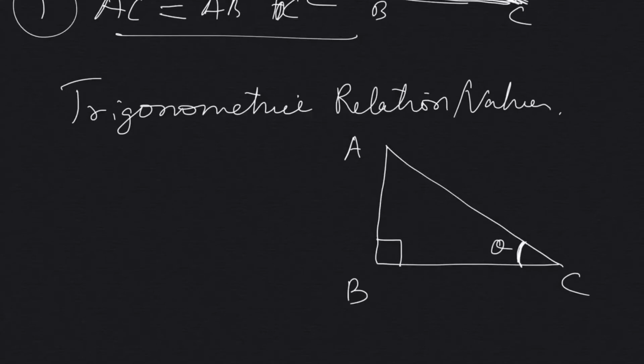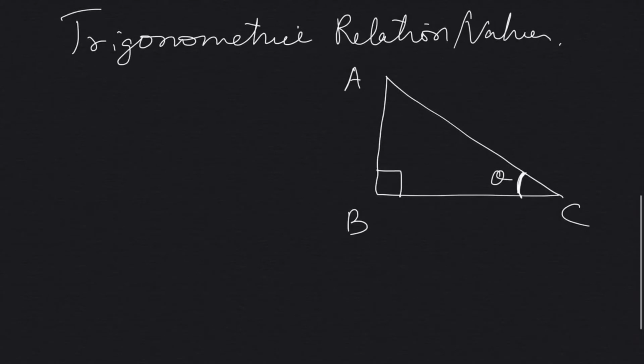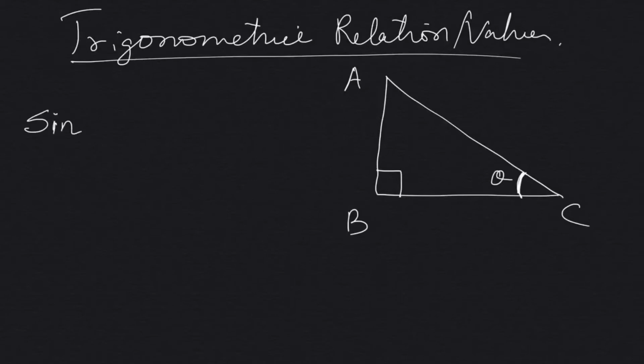You can call it angle C, you can call it anything, but there are certain relations that you have to remember. The trigonometric values, you might have heard of this. If you don't know anything about trigonometry, please pay attention. The first is called sine, okay? Sine, cos,